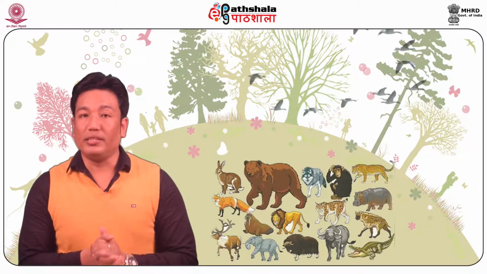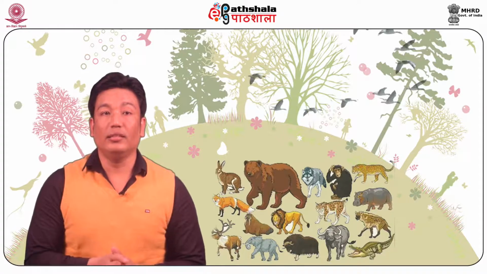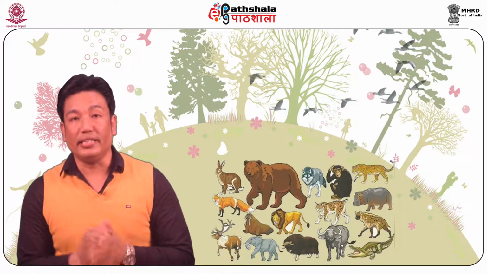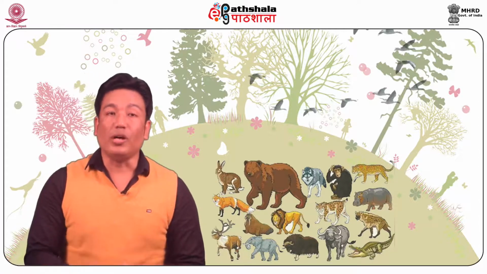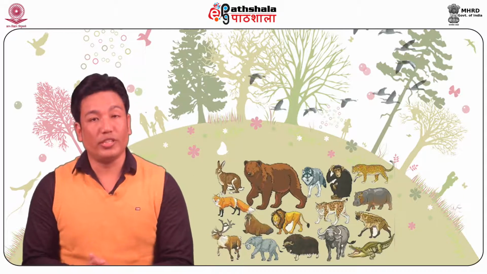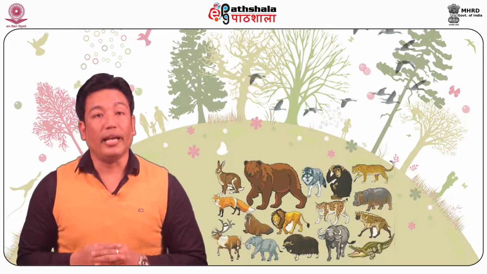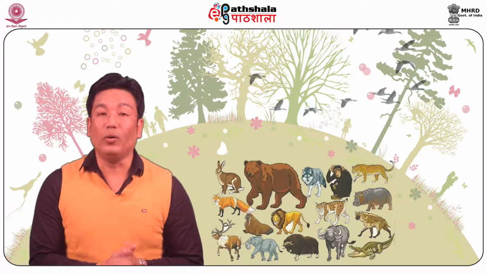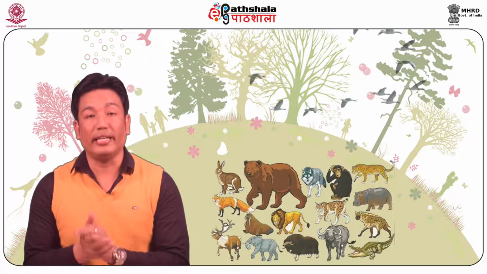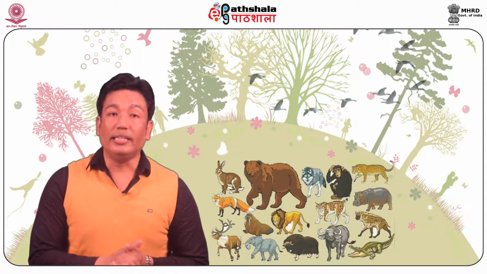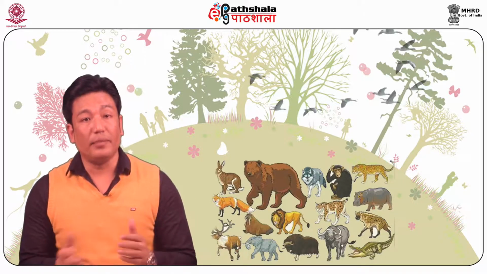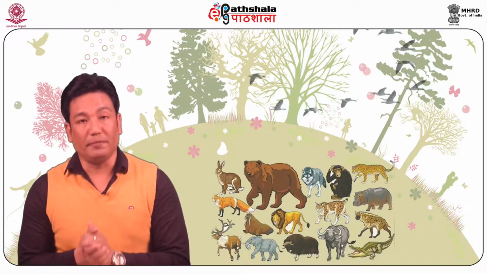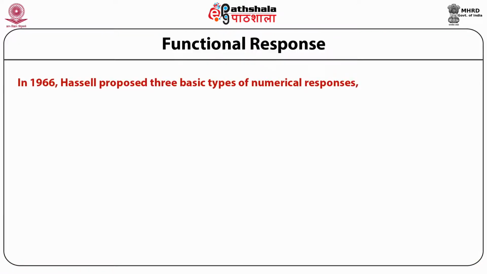As the prey population size increases, the consumption rate of predator increases, leads to high fecundity rate and low mortality rate. B. Aggregation response. Predators aggregation in prey hotspots is called aggregation response. This type of response increases prey-predator system stability. In 1966, Hazel proposed three basic types of numerical responses: